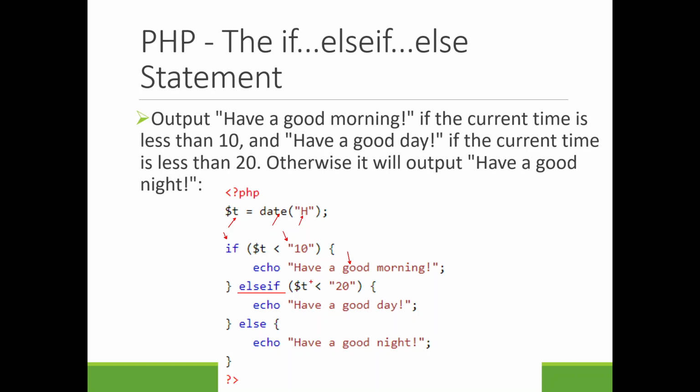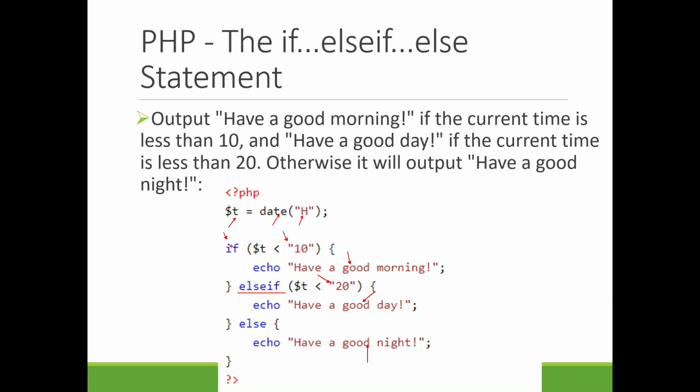Else if, then we put some condition. T is less than 20, then, have a good morning. And this one is have a good day. Else, print have a good night. So this is what we call the multiple if else. Here we can even do another if else. For example, else if,